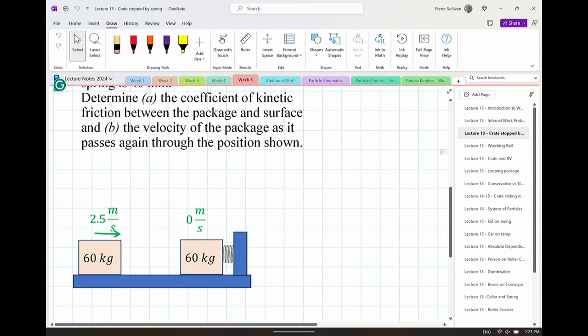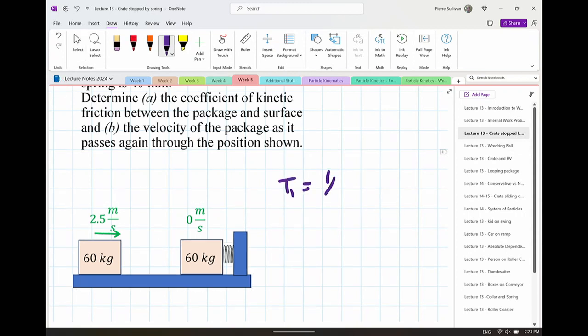So starting from that, we know that we're going to bring this system to rest. It starts with 2.5 meters per second. It travels along here. It compresses the spring, and that's where you're losing your velocity. So T1 equals 1/2